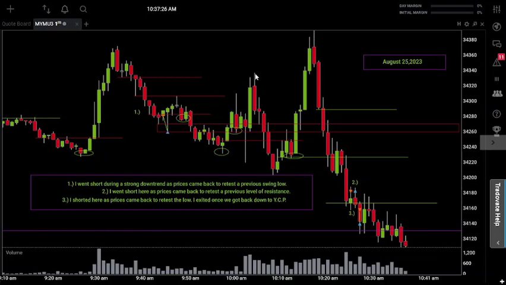It's not perfect, but sometimes it won't be that way. You got to trade what you can get and trade what you see. So we had a range, not a perfect range, but a tradable range. So once we got back up to the top, I'm like, all right, we should sell off.